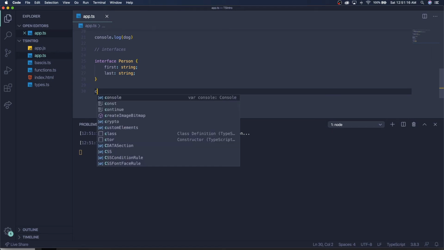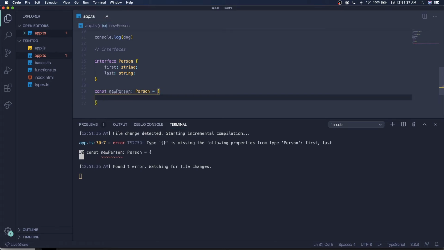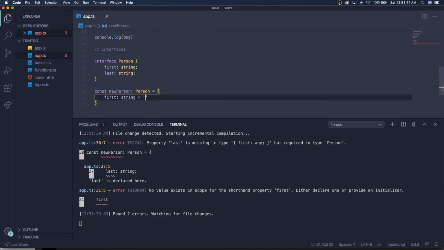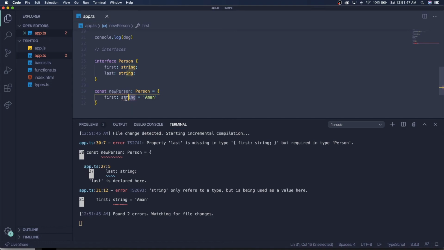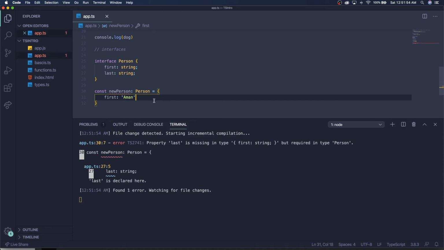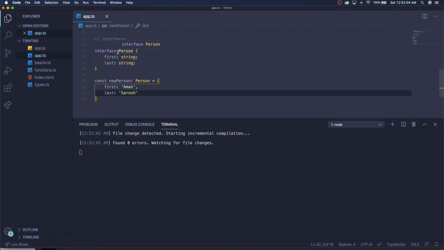And then we want to create a new person. So const new person. Actually, it's wrongly typed. It should be lowercase n. Const newPerson, and then that takes the interface equals over here. And then instead of writing first and then type string equals like that, you only have to write it this way, without the equal sign, of course. Last, and then there we go. So what's going on here is we've made an interface that stores our